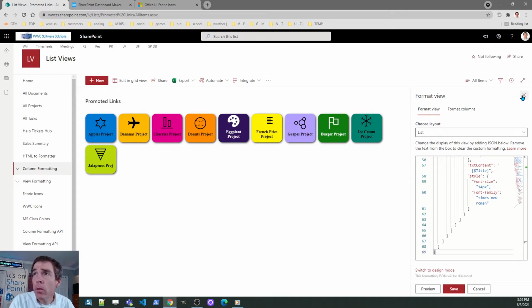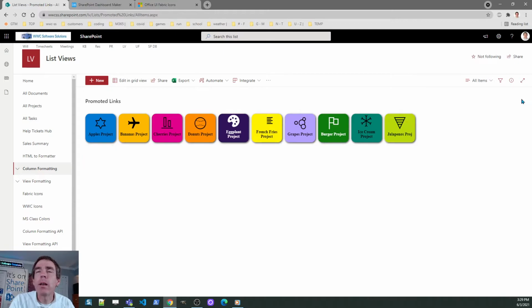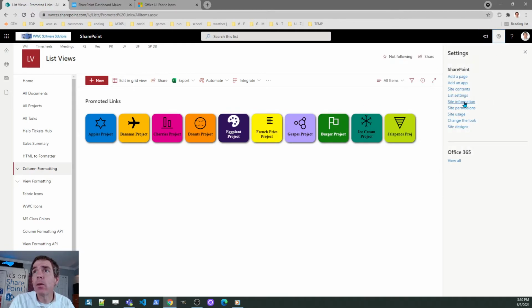Okay, so let's say that we have the navigation the way that we want. This is navigation. I'm not going to have somebody click on a list screen to go to the navigation. That doesn't make sense. I want to show this on one of the regular site pages. Okay, so this list I have is called promoted links, but the one I created before was my promoted links. But just for my example, I'm going to use this. So the next step is to go back to site contents,